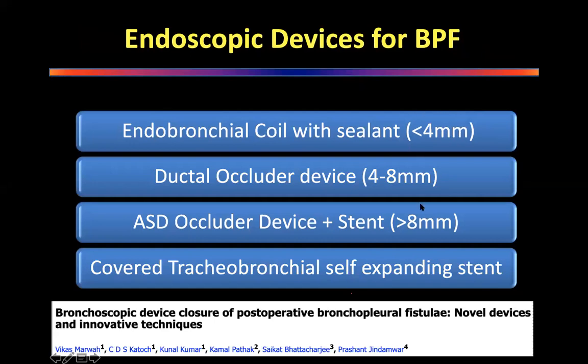And this is a pulmonology group, I think. They've used endobronchial coils with sealants in bronchoscopic fistulas less than 4 millimeters. They have used ductal occluder devices in 4 to 8 millimeters. And they have used an ASD implant device plus a covered stent, a tracheobronchial self-expanding covered stent, for fistulas more than